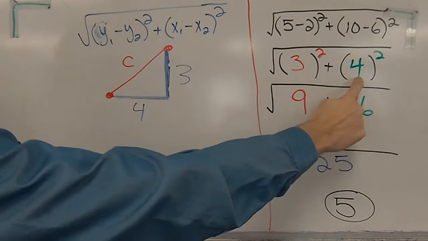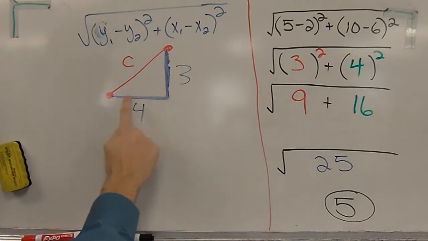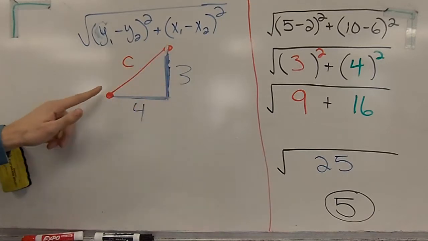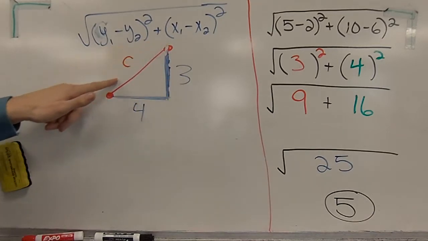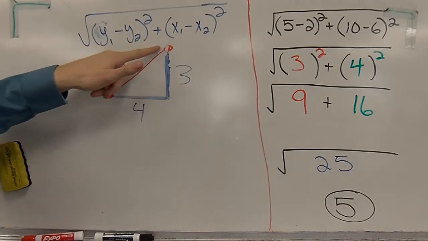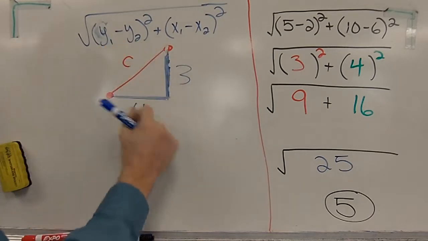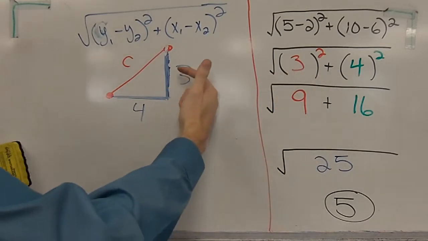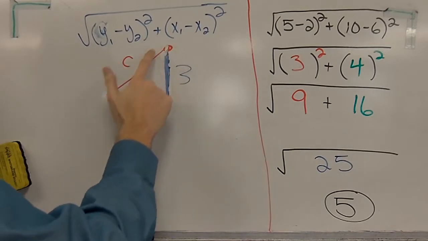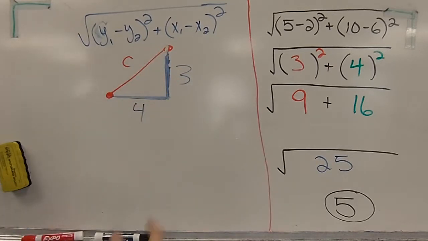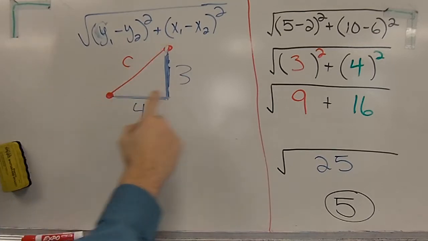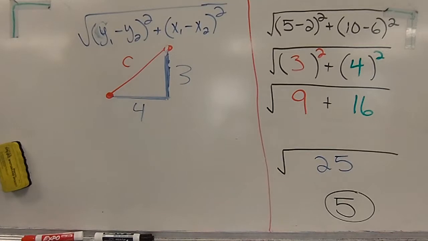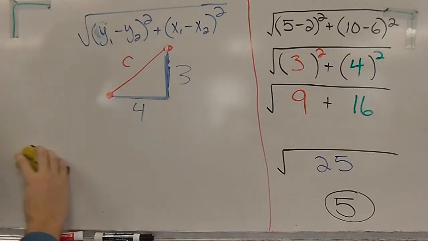Vertical distance, horizontal distance between the 2 points, okay? You connect those 2 distances with the line itself, which we're looking for. Okay, we want to know the distance of this line, and you've got a right triangle. So once we get to this point, we say, oh, well, if I have a right triangle, I have 2 out of the 3 pieces, I can just use Pythagorean theorem to find out what the third piece is equal to. So that's why the rest of this is actually just Pythagorean theorem, okay, as I showcased before,